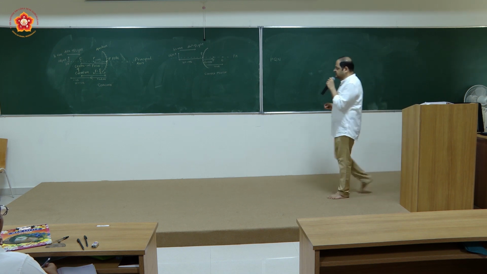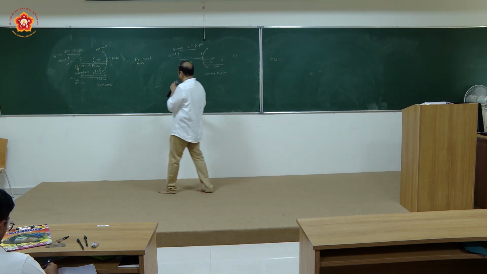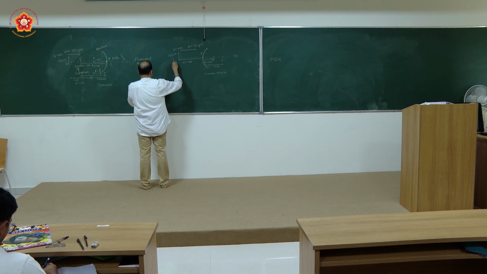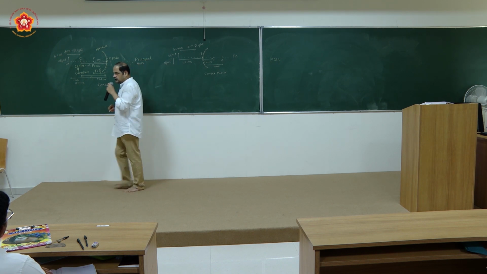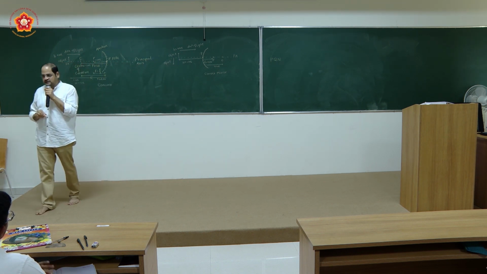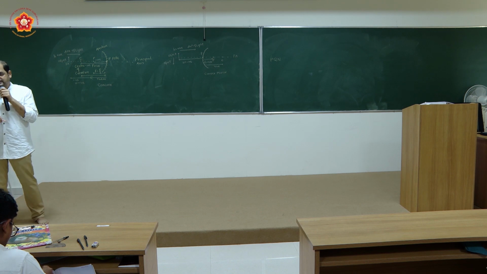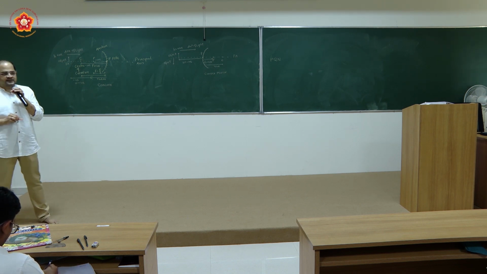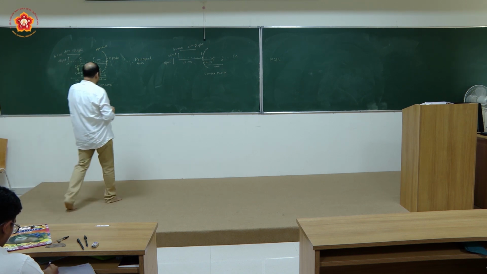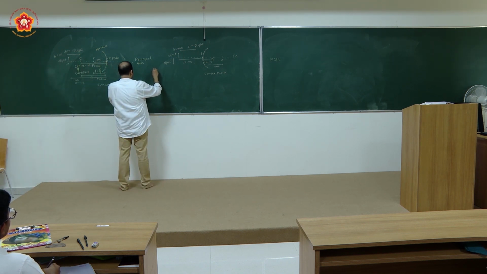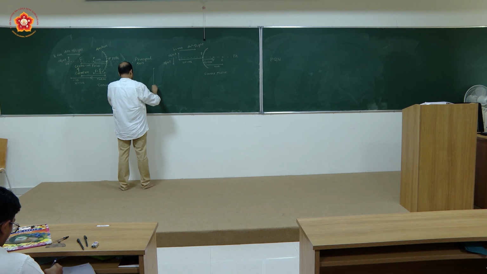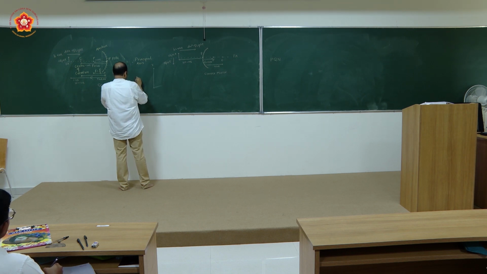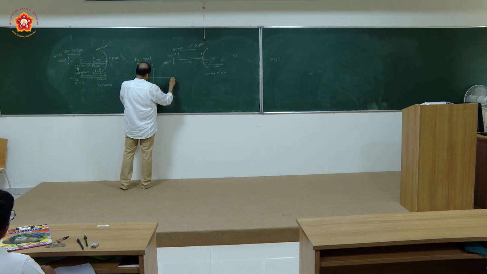Can I show the object here like this? Can I show the object in this manner? If I am showing the object in this manner, the height would be taken as negative. Why is the height taken negative here? Below the principal axis, right? Because that is how the Cartesian coordinate system works, where you will be able to observe that this is your y-axis. This is representing the x-axis.